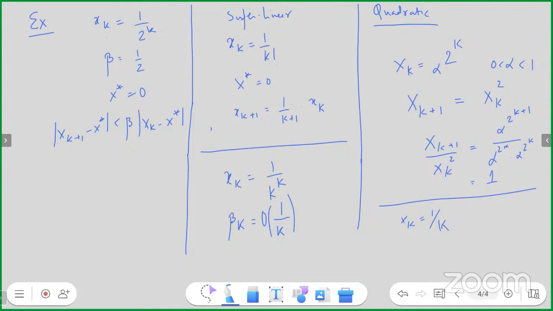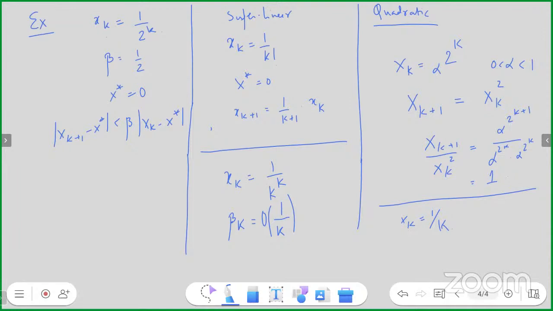Which one should we try first? Strongest or the weakest? Okay, so does it satisfy linear? There's not really a beta less than 1, because x_{k+1} is just 1 by k plus 1, which is less than 1 by k. Is that convincing? x_{k+1} is equal to 1 by k plus 1, and 1 by k plus 1 minus 0 is just 1 by k plus 1. So if possible, let there be a beta such that